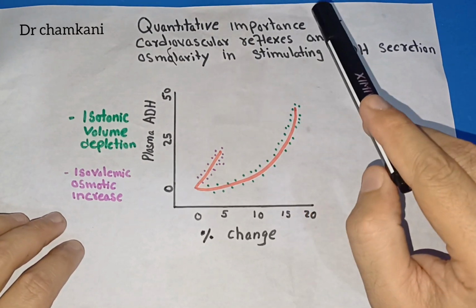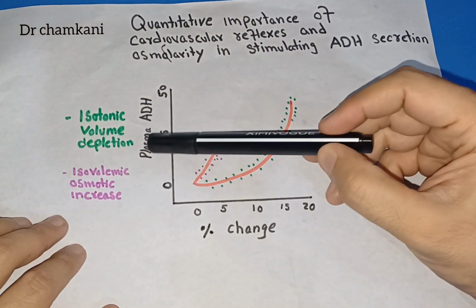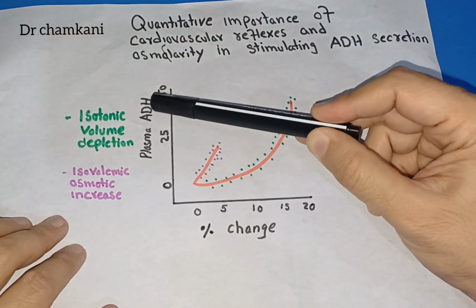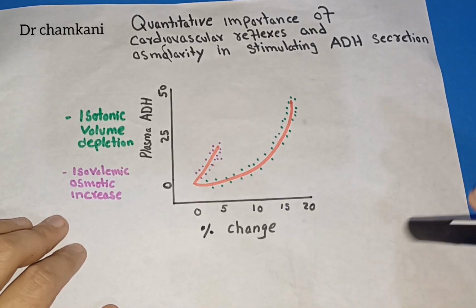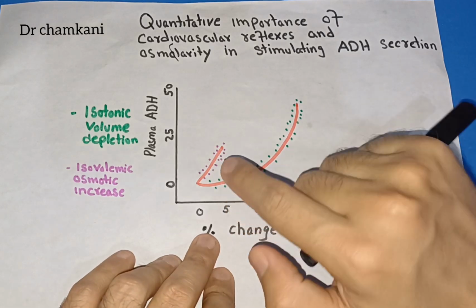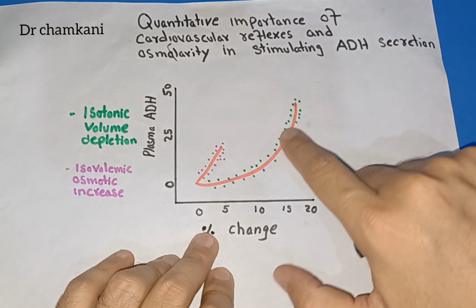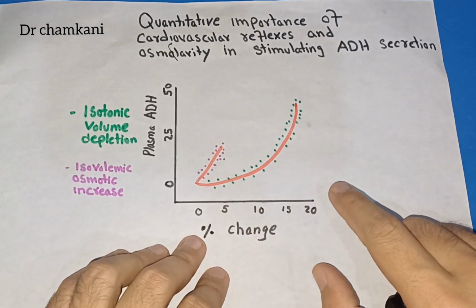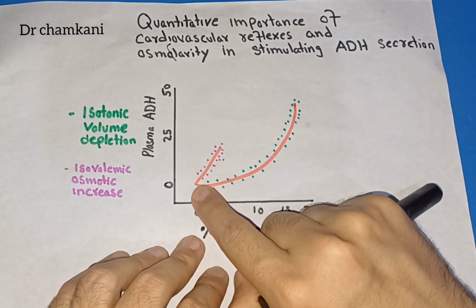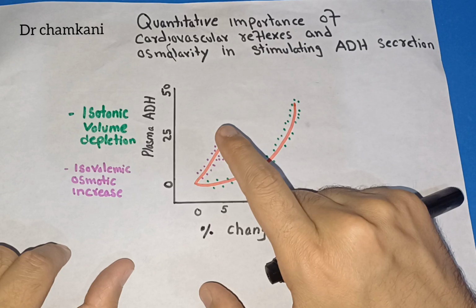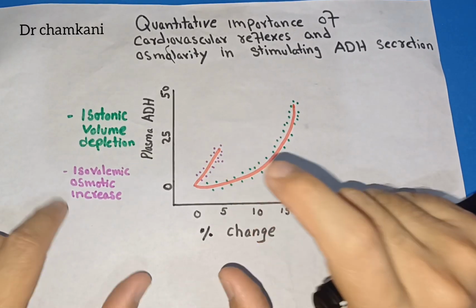Is the cardiovascular reflex more effective, or are the changes in osmolarity more effective? Now this graph shows the release of plasma ADH. This is the increase in plasma antidiuretic hormone, and the x-axis shows the percentage change. It shows the percentage change in plasma osmolarity in pink and in plasma volume in green. Now it is very clear from this graph that even a 1% change in plasma osmolarity,